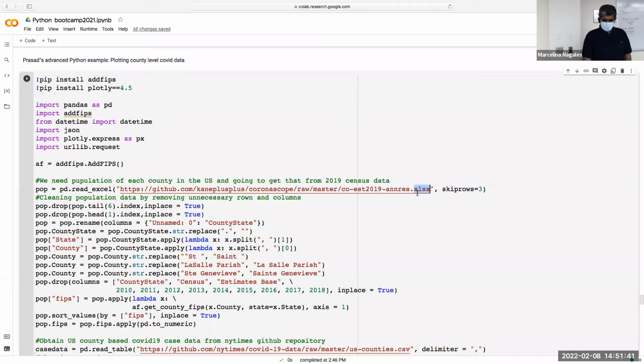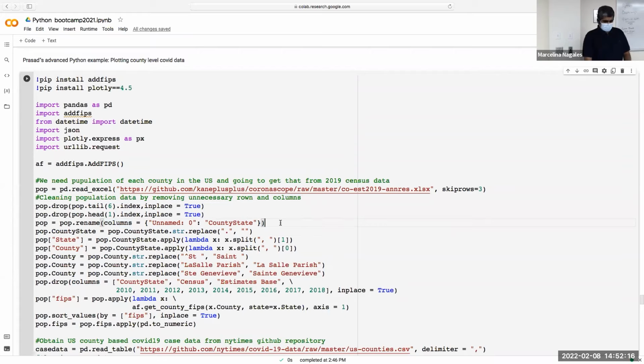Notice it's an Excel file, right? But Python can handle Excel files. So I download the Excel files with pandas. Pandas is a library that can handle Excel, CSV, JSON, and all those formats. So in this case, I download the Excel file into a population data frame, and then I had to clean the Excel file because it has header and footer lines that I don't want in the beginning and at the end. So I do all that cleaning,